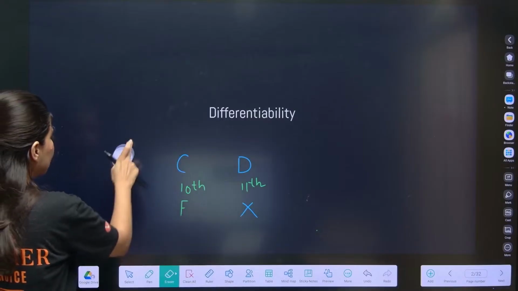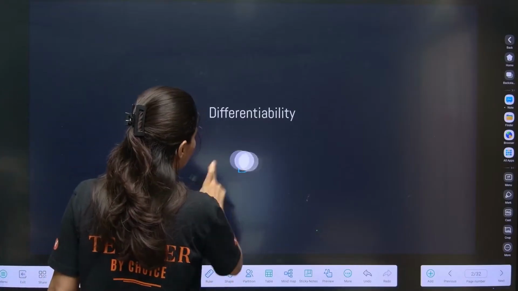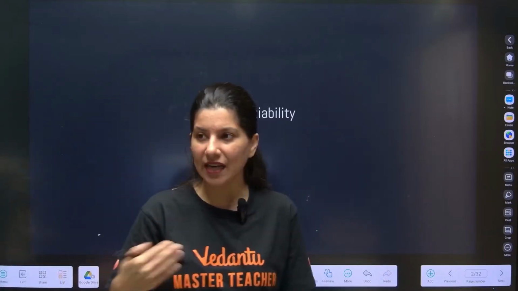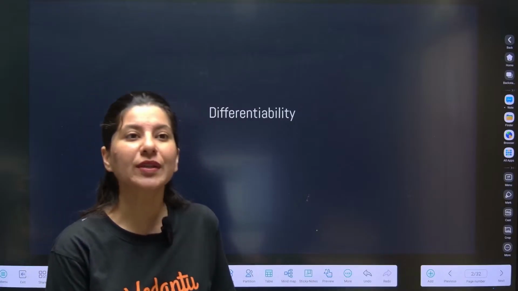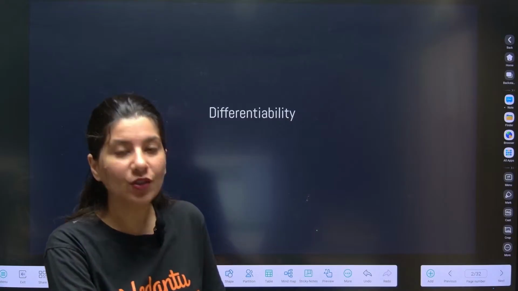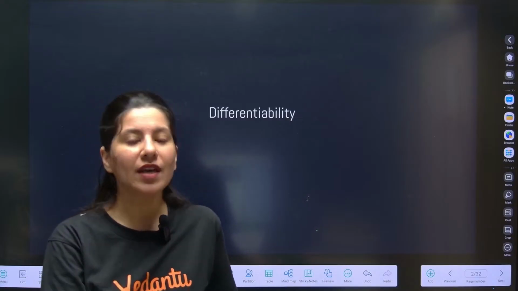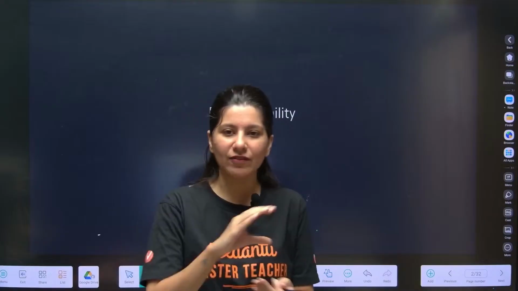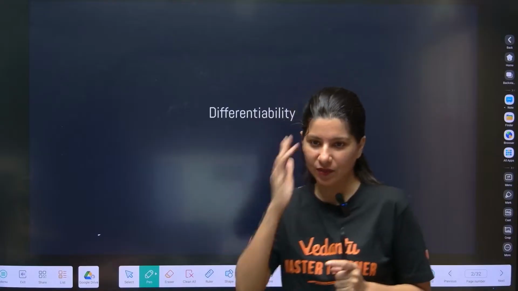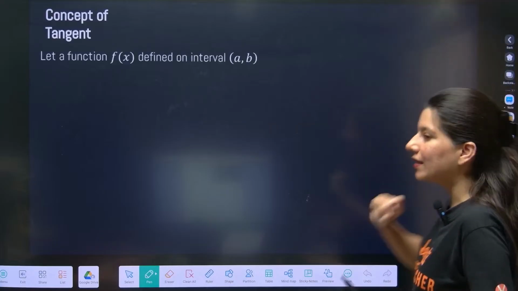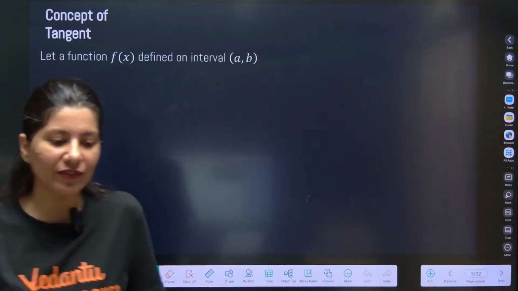Although it is a little detailed concept, I'm going to tell you in detail once we start studying differentiability: what happens when limit does not exist, what happens when continuity is not existing, and what are the scenarios when differentiability is there. So don't worry, I have just tried to create a story linking limits, continuity and differentiability. That is why these three different chapters sometimes can be considered as one chapter. Now we are going to dive into differentiability first.